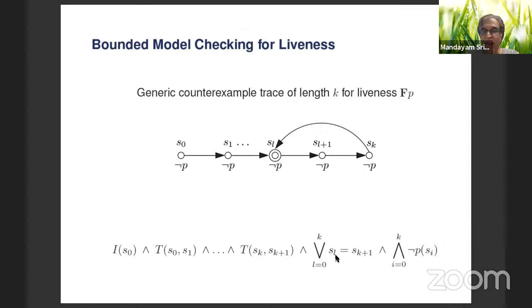So for any given L, from 0 to K, it can loop back to any one of these states from S0 to SK. So that can be checked as an equality